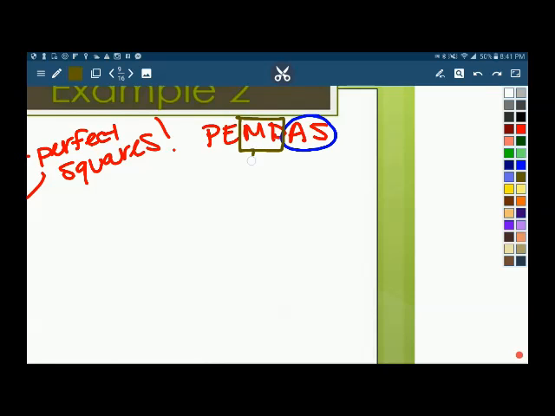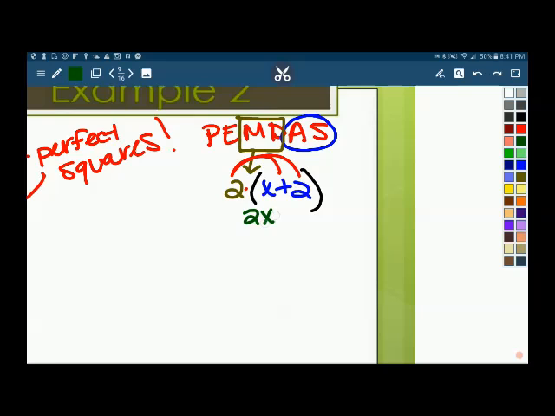Well, you can distribute multiplication over addition. This is something that you learned last year in 7th grade, the distributive property. So since there is multiplication between the 2 and the x plus 2,